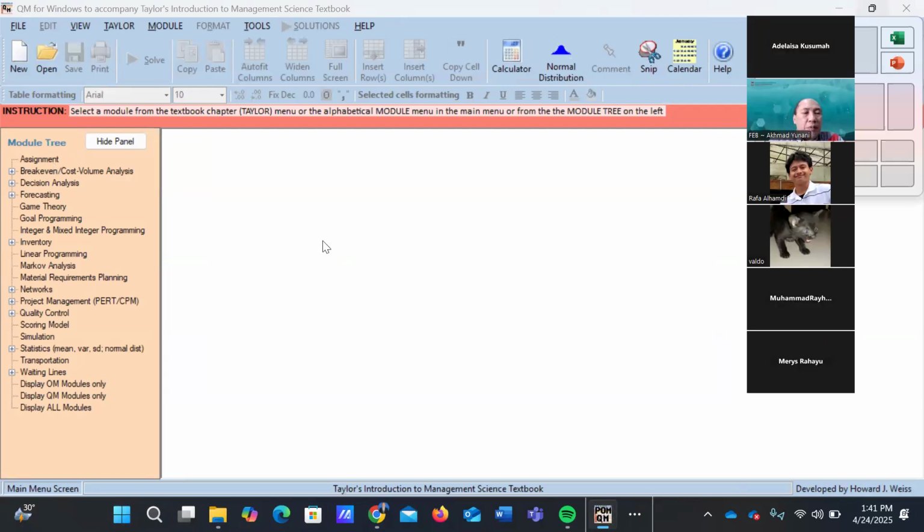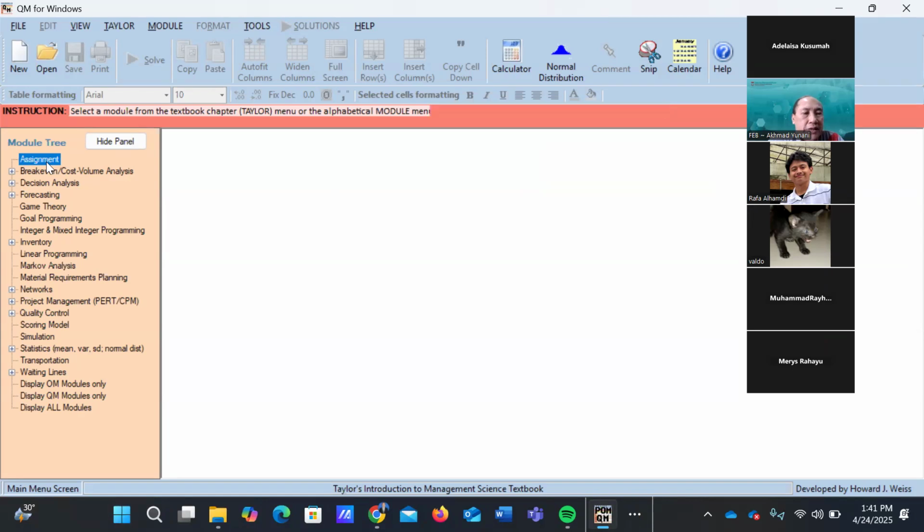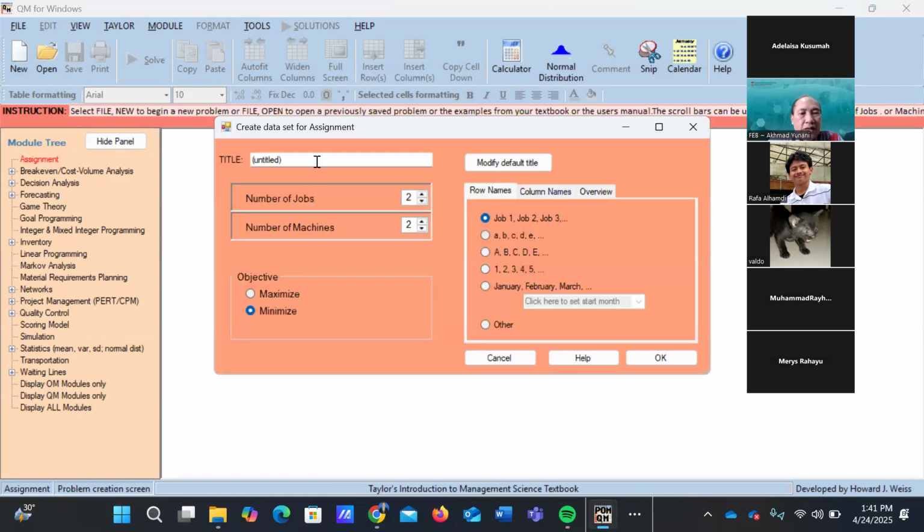If you are using POM-QM, you have to choose the assignment module from module 3. Let's say our project, we will name the project Service Center.